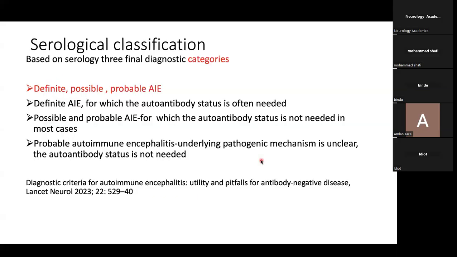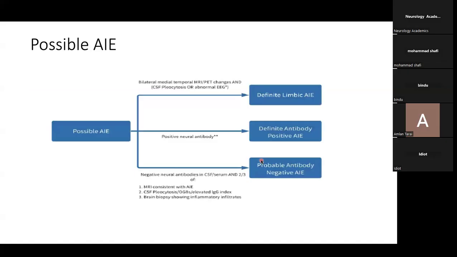Now come to the serological classification. Based on the serology, the final category will be 3 categories: definite, possible, and probable autoimmune encephalitis. To diagnose definite autoimmune encephalitis, antibody positivity is required. But in case of possible and probable autoimmune encephalitis, antibody positivity is not required. But some exception is there. So suppose one patient has a possible